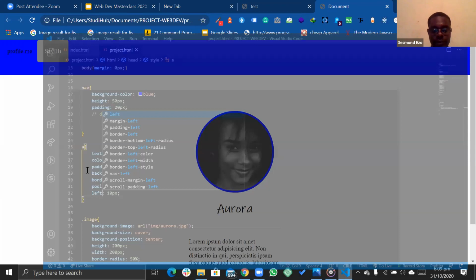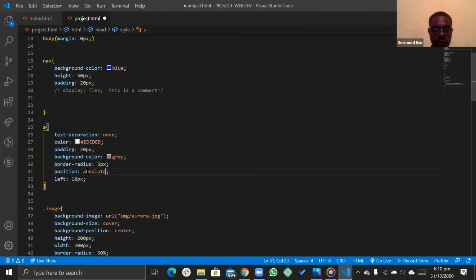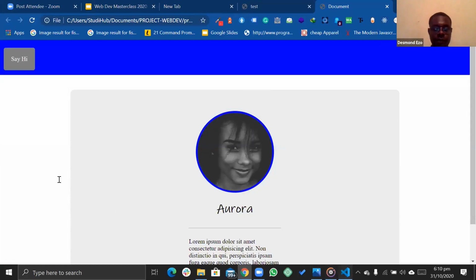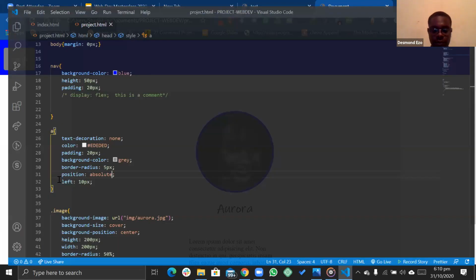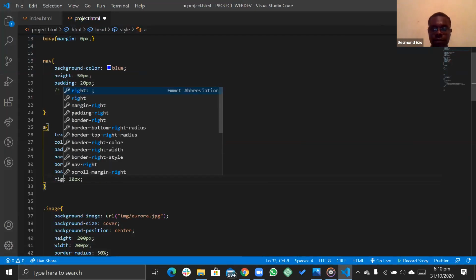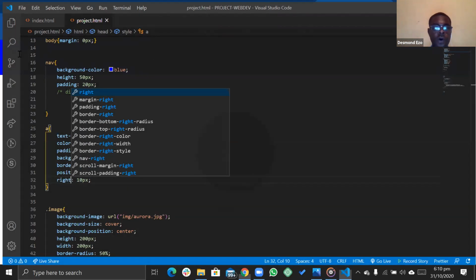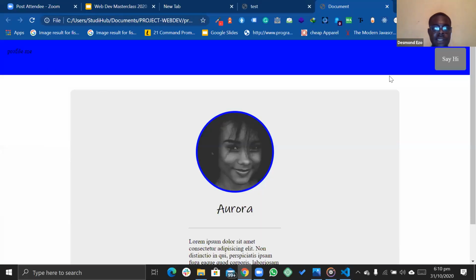Set it to absolute. I put that left. Back to right. So now it has moved all the way down to the right hand side, and it has a margin of 10px.